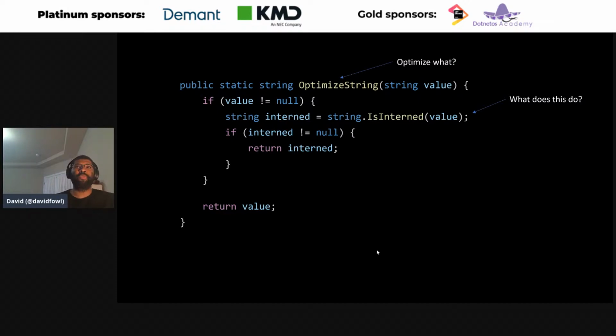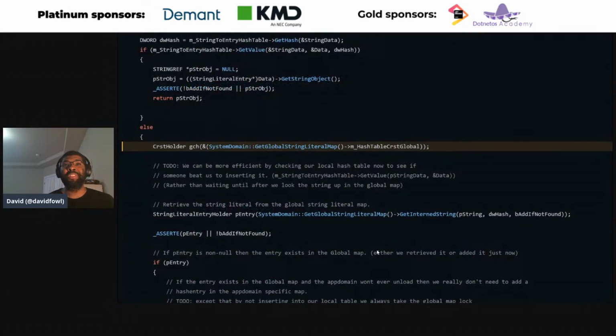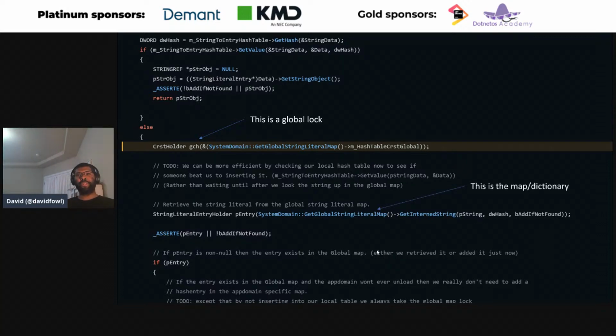Like, what is the most obvious way to cache a string literal and store it for a long time, based on the string that was passed in? I want to cache that string instance, right? So it turns out there is a dictionary, and it happens to be in C++, but think of it as a dictionary of string to string. And it takes a global lock. It's kind of terrible, but it's kind of how it has to work, right? So it takes a global lock on the map, and this is the dictionary that is used to store the actual interned strings.